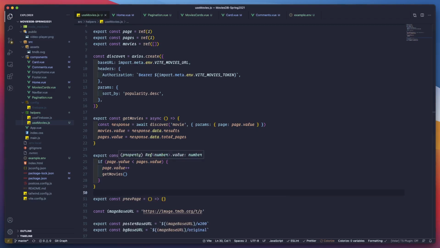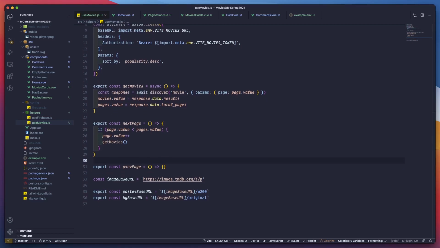If the page value is less than the page's value, we will increase the page and we get the movies. Pretty much. And remember that the parameter page is actually going through there. That's what we're doing here. And that one will update the movies value. So by default, it will give us everything that we need. And of course,